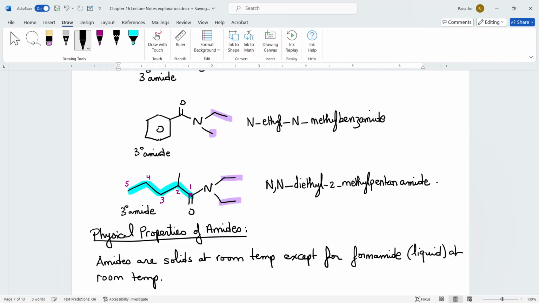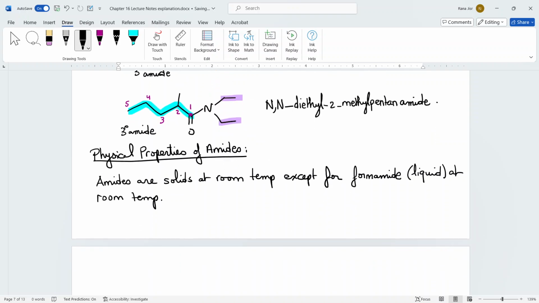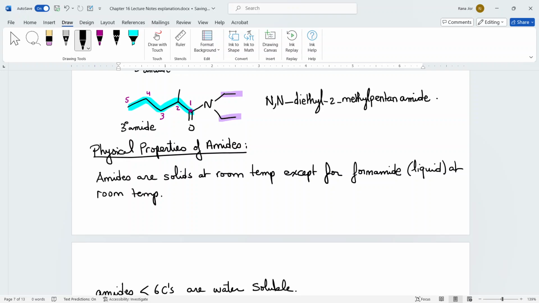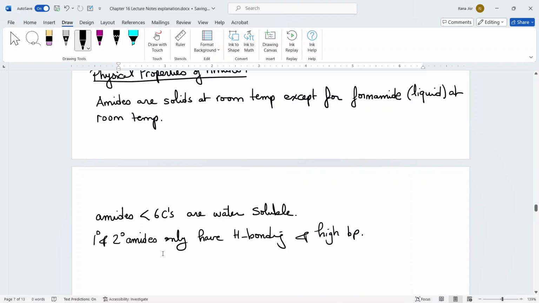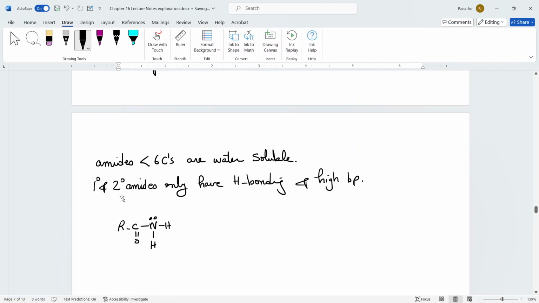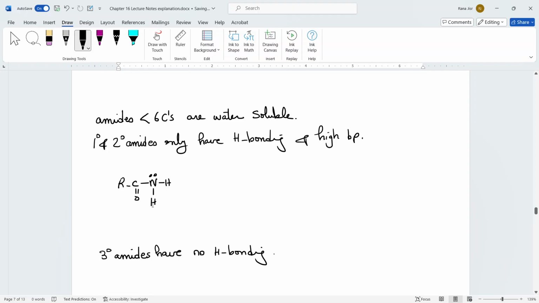Okay, now for the physical properties of amides. Amides normally, these are solids at room temperature. Most amides are solids at room temperature, except the smallest amide, which is formamide. This is a 1-carbon amide. This one is liquid at room temperature. For the solubility, we are going to follow the solubility rule that says less than 6 carbons. These are water soluble. Because amides, and this is only for primary and secondary, because they do have a hydrogen